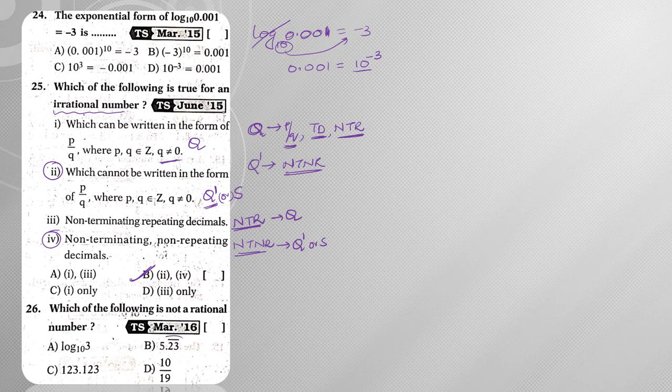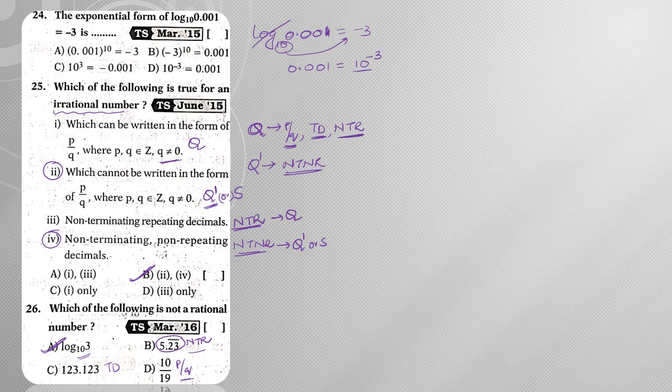Now if you observe, this is NTR, this is a terminating decimal, and this is in P by Q form. So NTR, TD and P by Q form. Since it is following these three, hence it is a rational number. So clearly log 3 to the base 10 is irrational. If you observe this carefully, in log 3 to the base 10, the value and the base are both relatively prime, hence its logarithm value is always irrational, right?